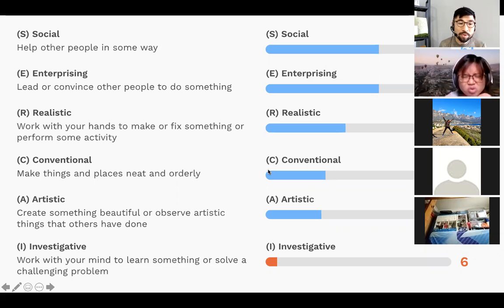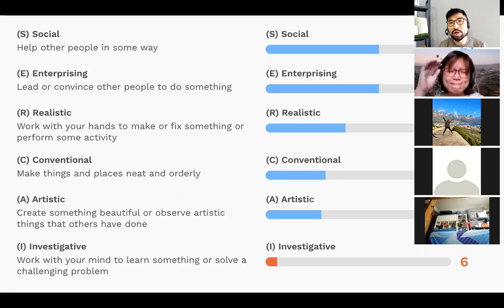So when you do your skills confidence survey, and when you read your RIASEC codes, read it from the perspective that these are the activities that you're confident to do. That means the top three, again, for me, is social, enterprising, and realistic. That's what I'm confident to do. The other three, not that I cannot do, but I'm less confident in doing them.